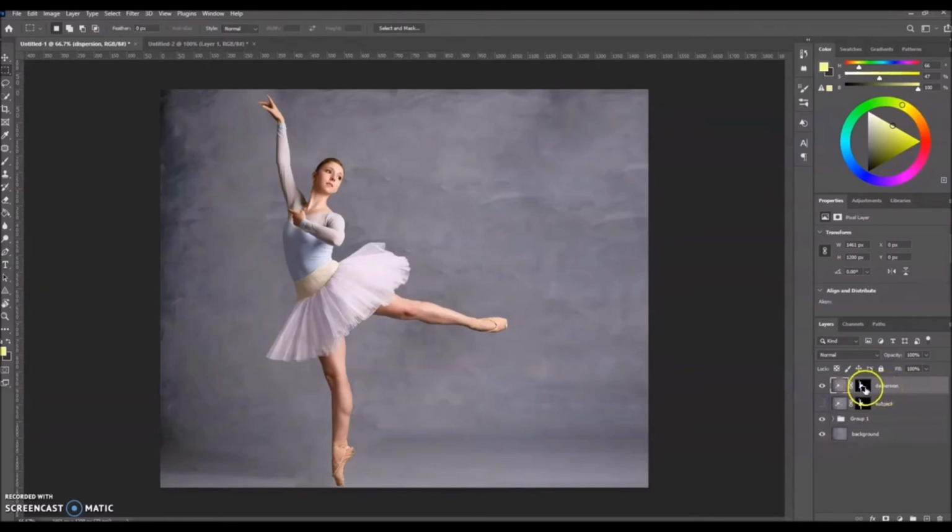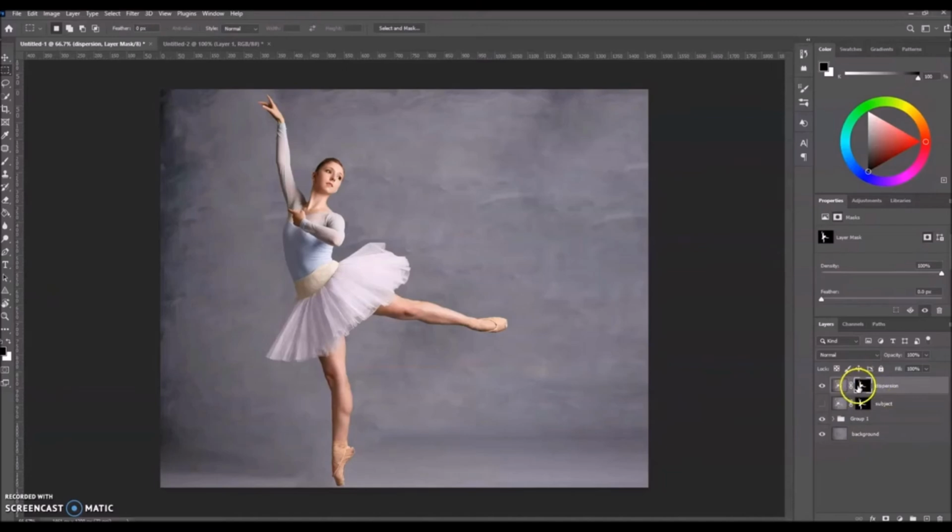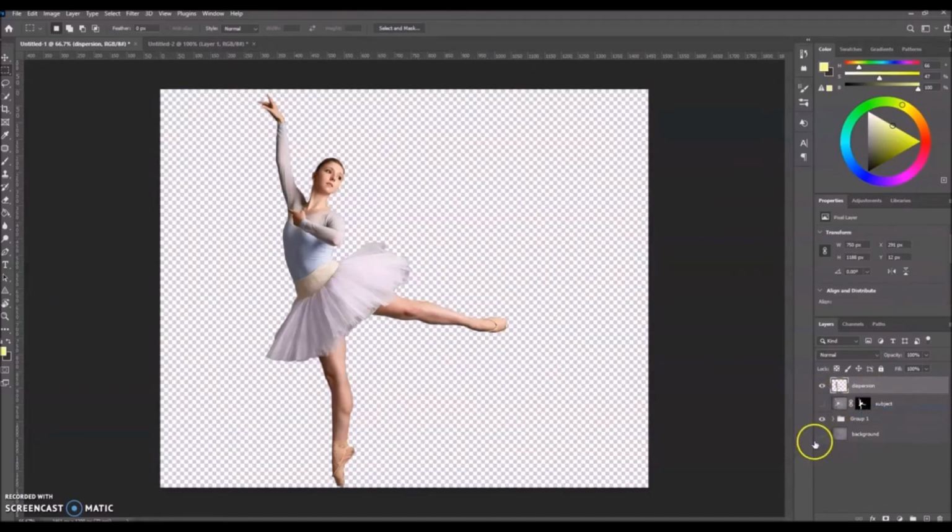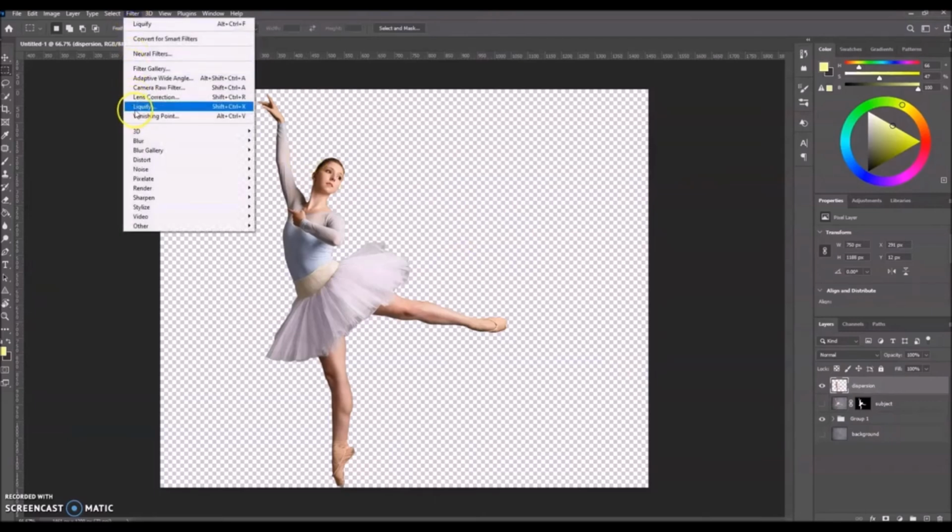Now we're going to be using some new tools on this dispersion layer, but before we can do that, we have to get rid of this layer mask. And we're going to do that by applying it. So if you right-click on the layer mask and go to Apply, it will then permanently delete everything around the figure. So then I want you to go up to the Filter option in the top menu bar and go